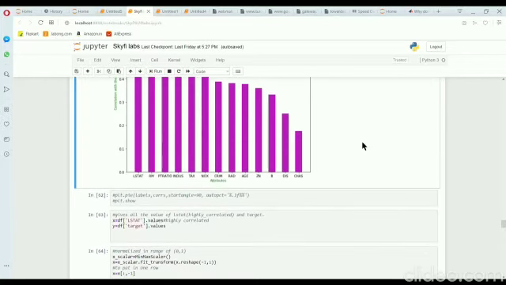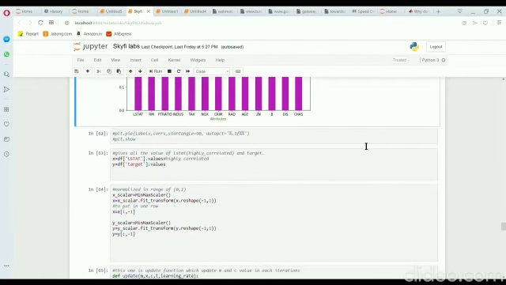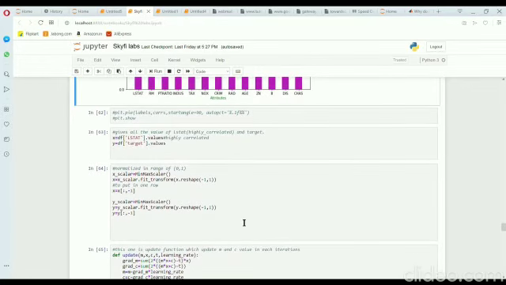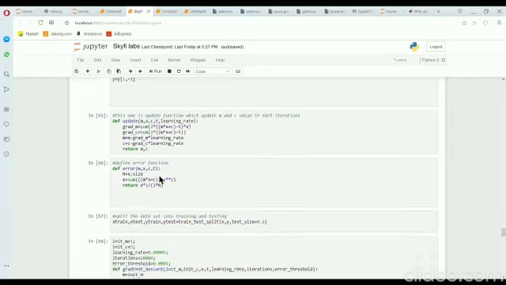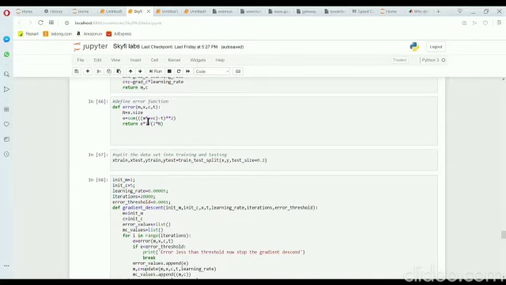Now we write in a single array, that's why x is equal to this and y is equal to this. And for normalizing our range from 0 to 1 we use the MinMaxScaler function. Then we update our m and c values, so we write this code. For the error function we write this code. Now we split our data into two forms, x_test and x_train, where test size is 0.2.